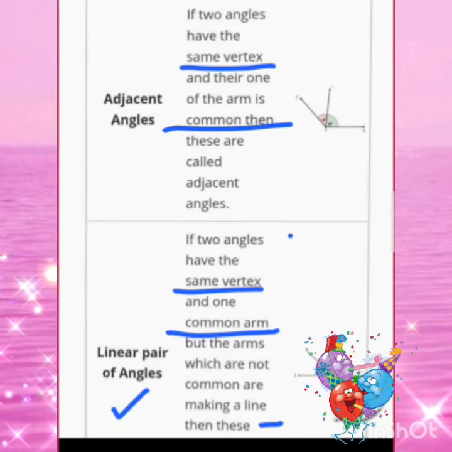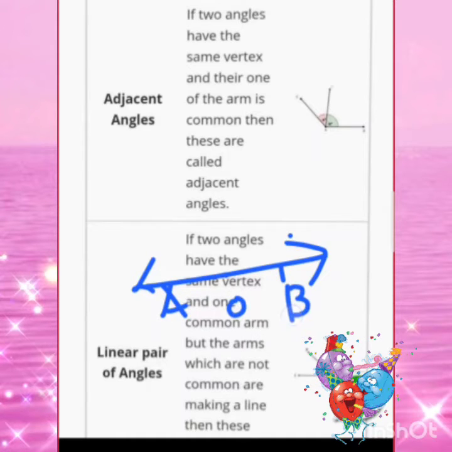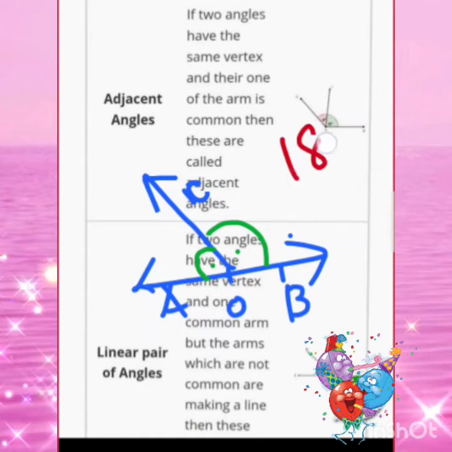Clear to you? So dear student, let me clarify through this example. Suppose I am choosing this line. Let me call the points A, O and B. I am defining this line AOB, and I am choosing one more ray here. Let me call it ray OC. So if I would like to say these two angles form a linear pair, how do they form a linear pair? Because the sum of these two angles you will always find is 180 degrees.